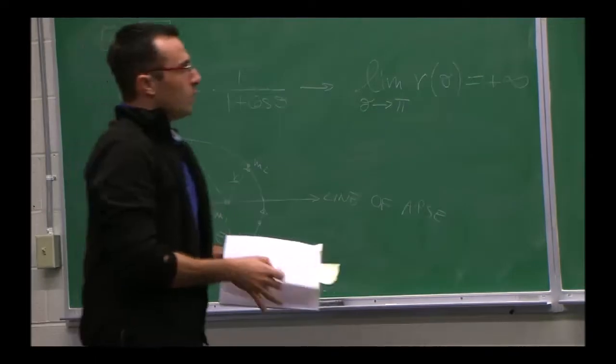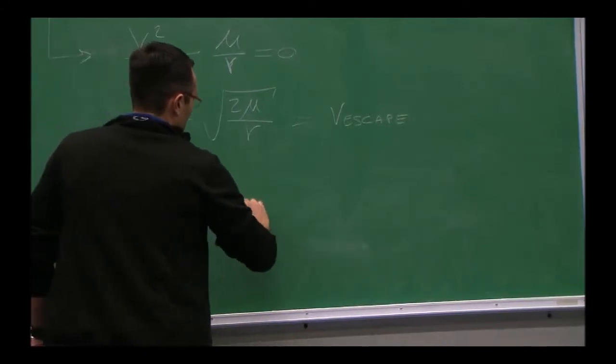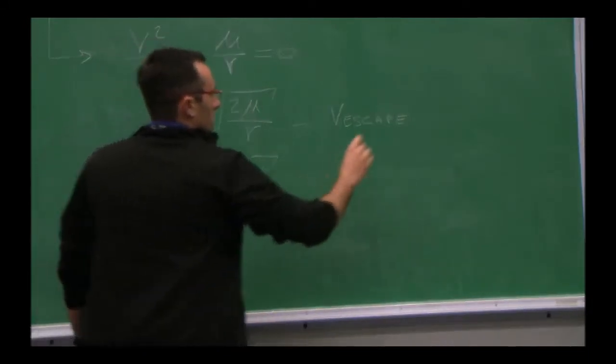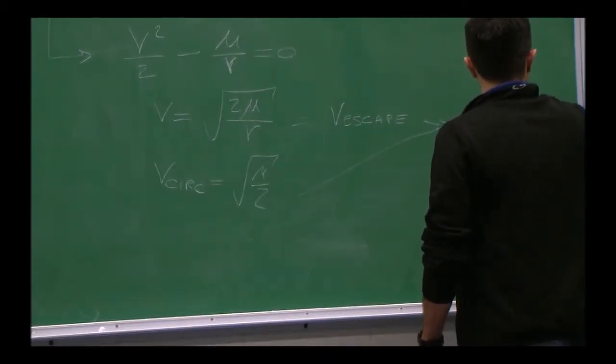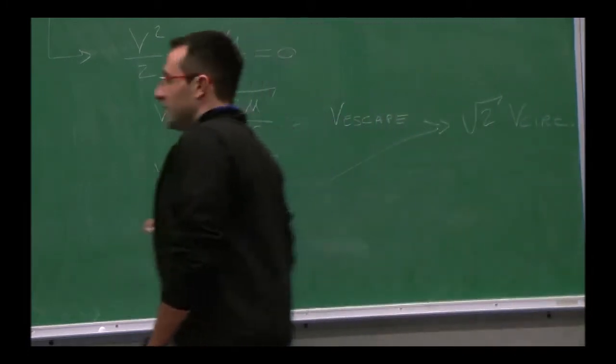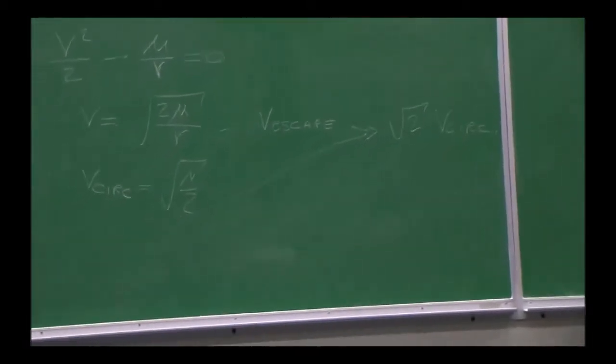That's the escape velocity. Now, one thing that we may find interesting is that if you recall the circular velocity, if you are in a circular orbit, it is actually the square root of mu over r, right? So v escape from this is also square root of 2 times v circular. And at this point, you should have grown used to me saying we maneuver, we haven't done maneuvering formally yet. But I mentioned several times that we can assume that powerful thrusters can give you impulses that change your velocities